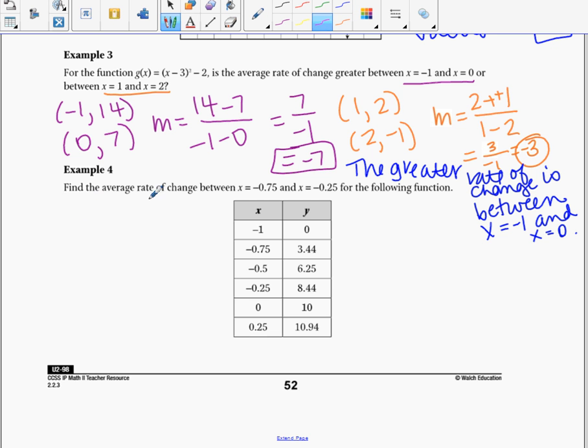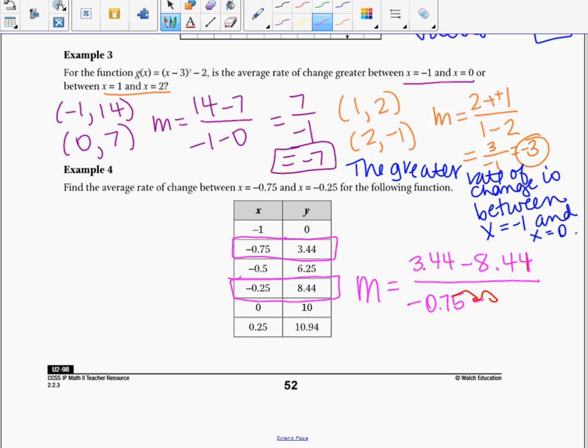But it says find the average rate of change between x equals 0.75 and x equals -0.25. So this is one point we're focusing on, and this is the other point that we're focusing on. So they give you the x, they give you the y. It's like they've done all the work for you. You just need to use the formula, and the average rate of change here, it's change in y, so 3.44 minus 8.44, all over, since I started with 3.44, I'm going to start with -0.75 minus